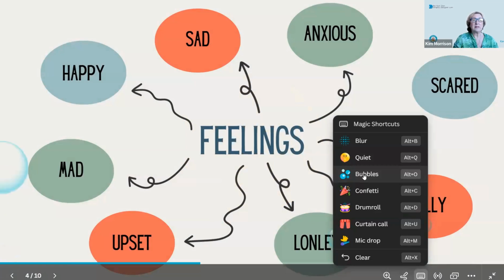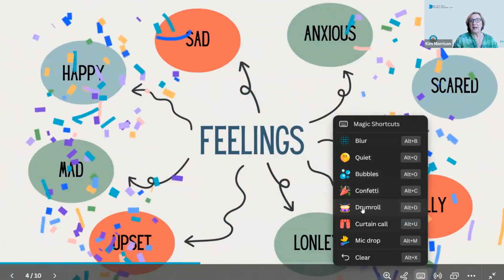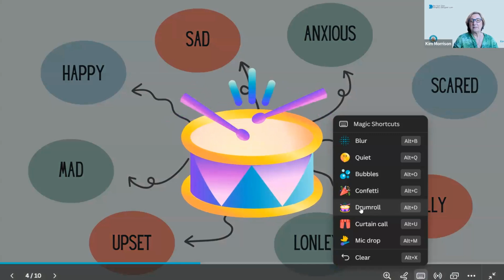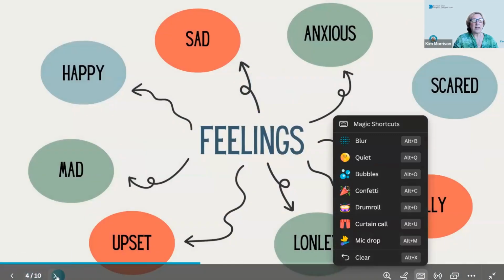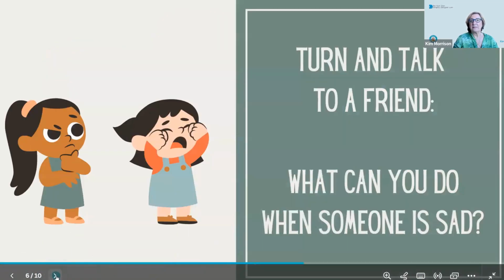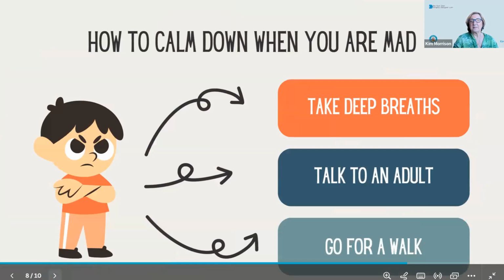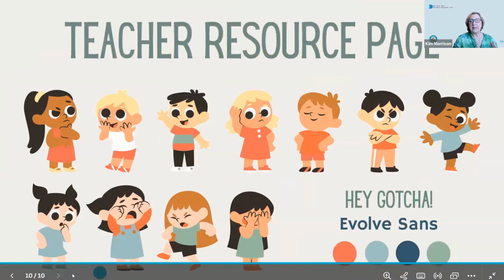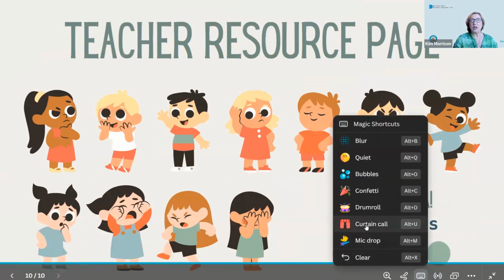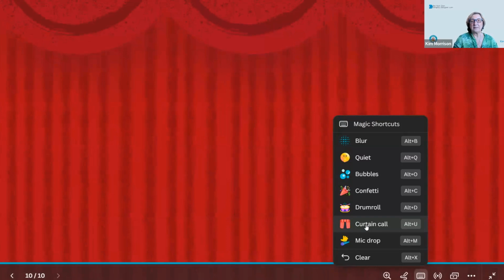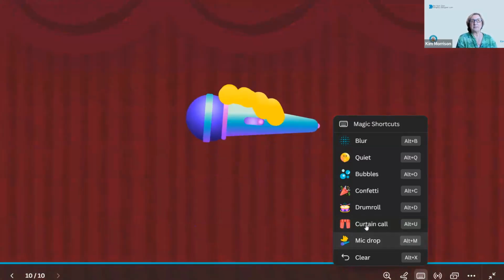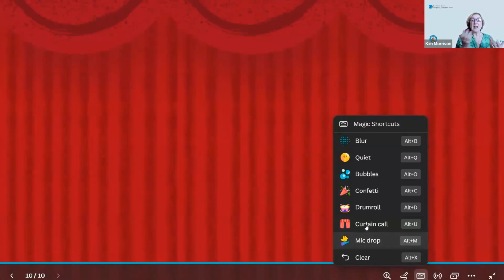I can add bubbles. And it's just lovely that you can have these while you're offline. Confetti, a drum roll. And I can go to the end. It's so easy to click through as well. I can go back to my magic shortcuts, have a curtain call, and do a mic drop. So you can get all of those. And if I clear,